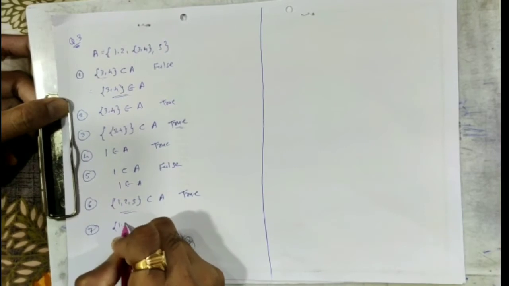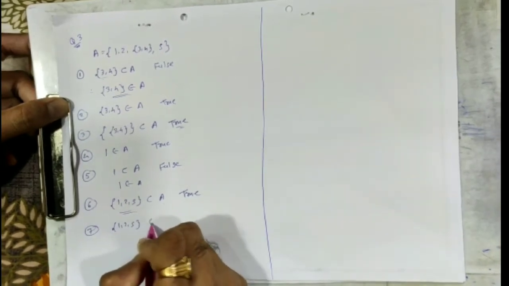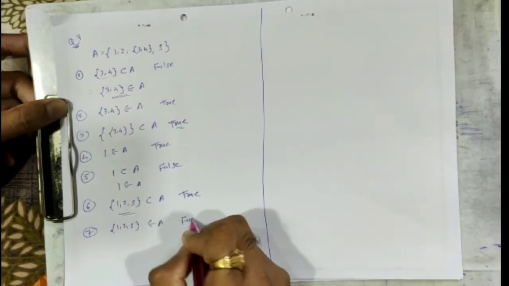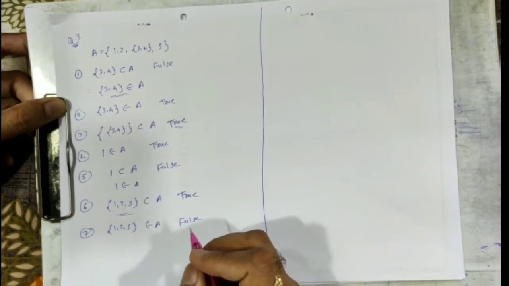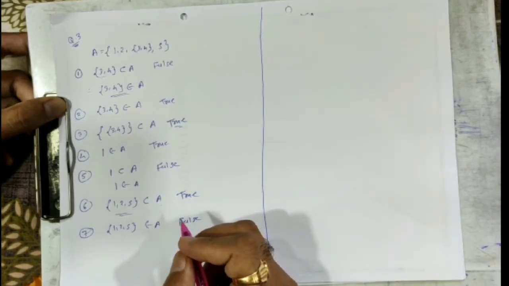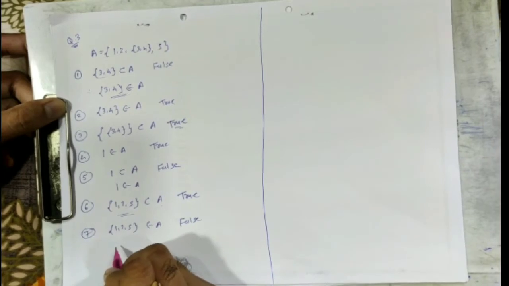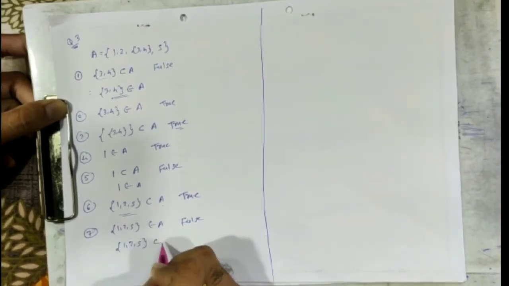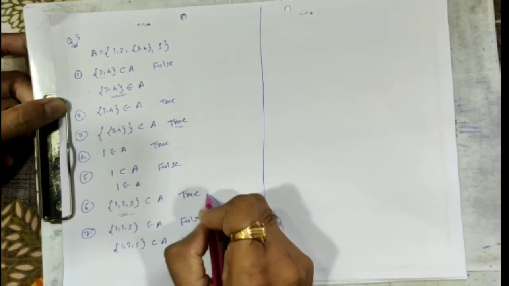But if we are giving 1 2 5 belongs to A, then what about this? This one is false. कौन बोल रहा है ट्रू? बिकॉज 1 2 5 बिलोंग्स टू नहीं होगा, ये होगा, हमने यहाँ पर लिखा है।